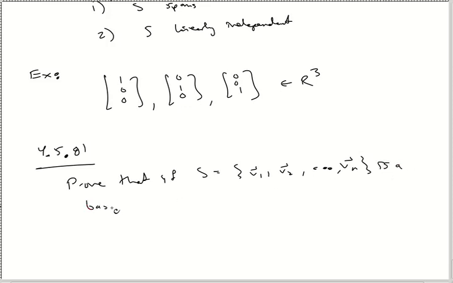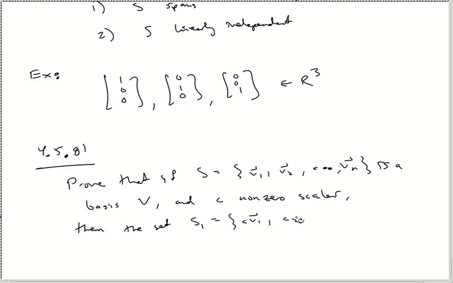So we have all these vectors as a basis for vector space V. Now, I'm saying vector space V, I probably ought to write it. I'm just kind of lazy right now. Vector space V, and C is a non-zero scalar. This is all part of the proof here. Then the set S1 equal to, this is my problem here, CV1, CV2, dot, dot, dot, CVn is also a basis